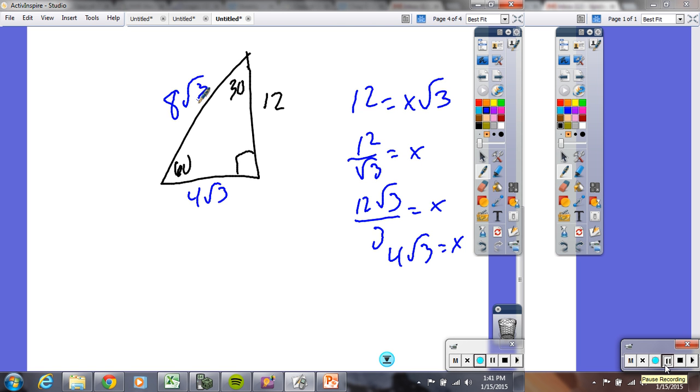I thought I'd be able to get it, but I'm not understanding how you're getting the 8 root 3. That's a key question. If you don't understand that, that's a big question. Thank you for asking. So first off,